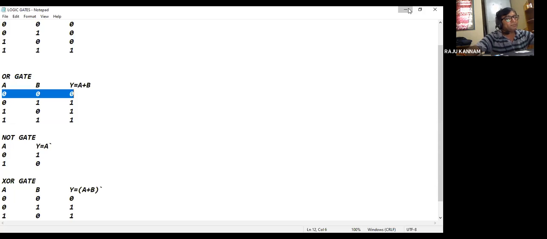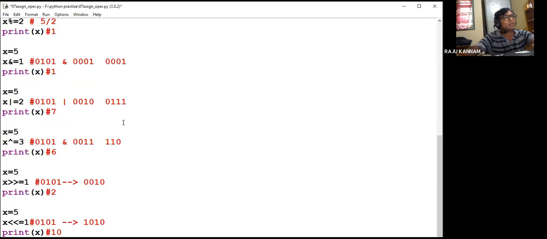Okay. Then similarly the XOR operation. Now I'm doing it. I have taken the x value as 5 and I'm doing an XOR operation with 3. So what is the value of x? 5 means 0101. 3 means 0011. So the XOR truth table. Oh, sorry, I'll not share the program. No? Right.